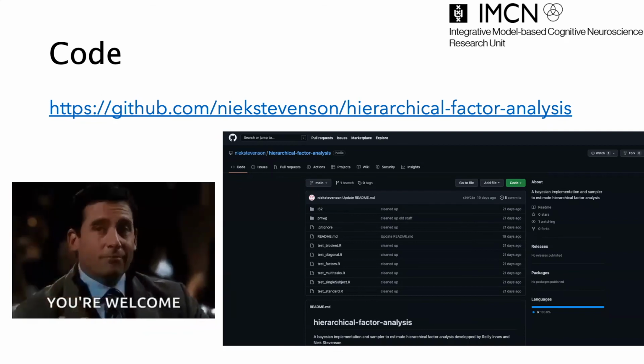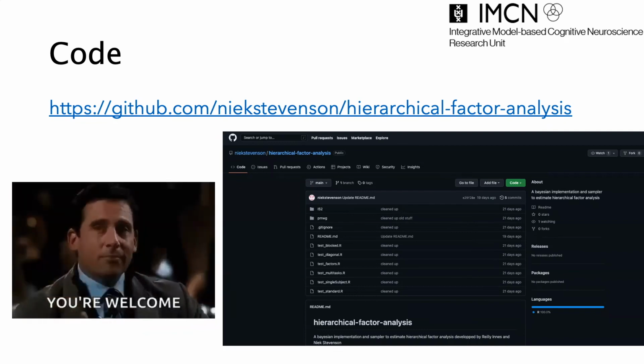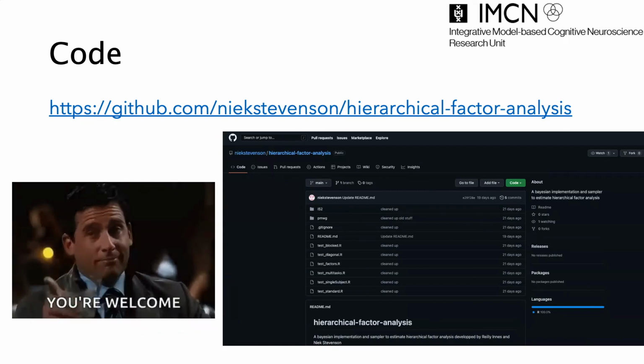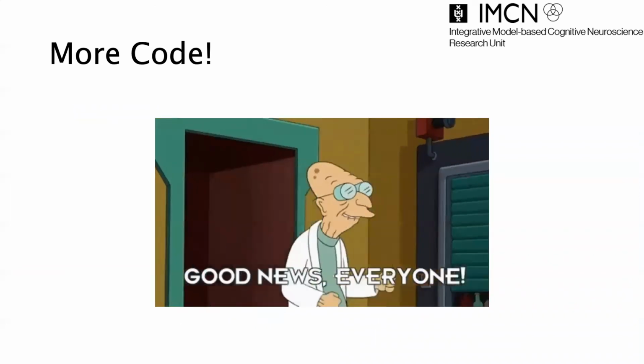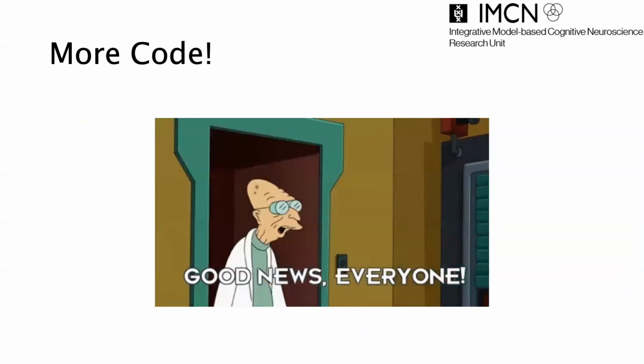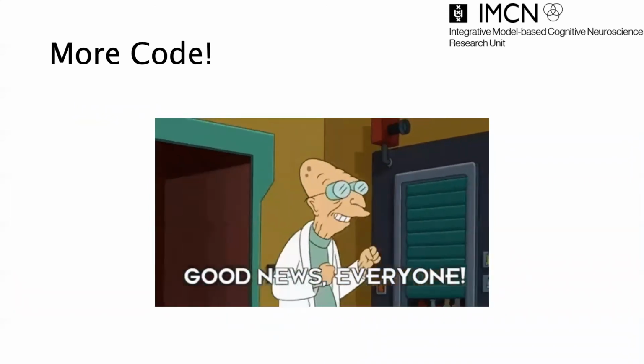Great. So now I have a code to make the model, and I can get samples for the model, for which I can do inference on the group level means and the latent factors. Now you may be wondering, but I have so many models to test. How could I compare them all? Well, good news for you. We've also got model comparison methods for estimating the marginal likelihood of the models given their data.